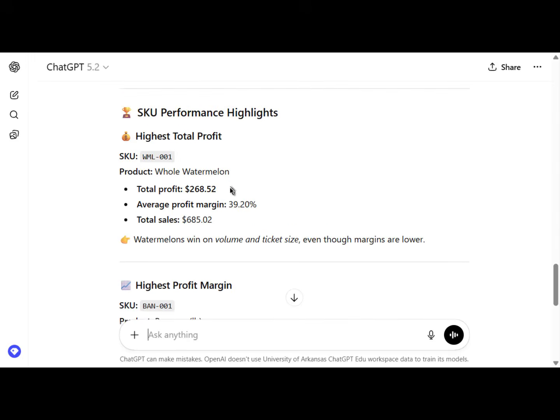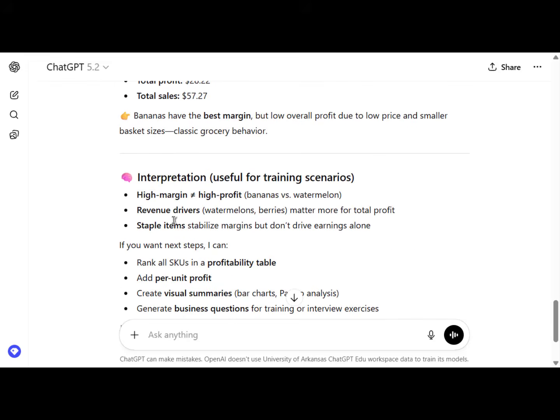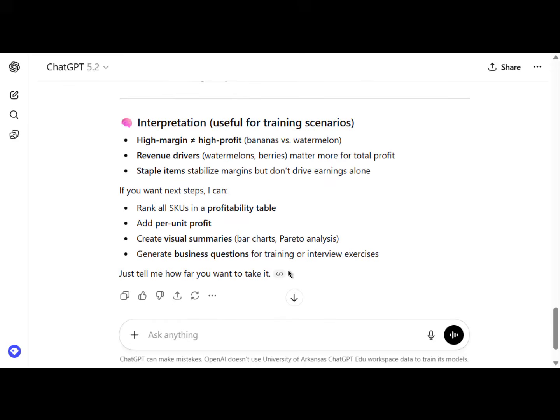And it looks like the one with the highest total profits is watermelon. The one with the highest profit margin looks to be bananas, and so we can see that. It's starting to give us some interpretation, giving some ideas of what we might want to see. We could certainly go and rank this from top to bottom, but at this point what we're going